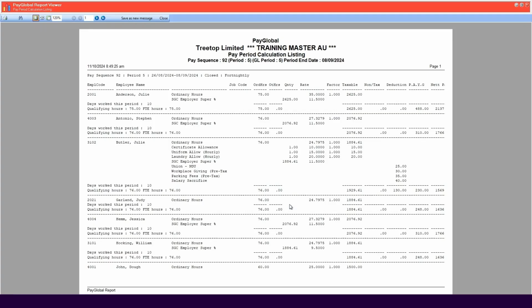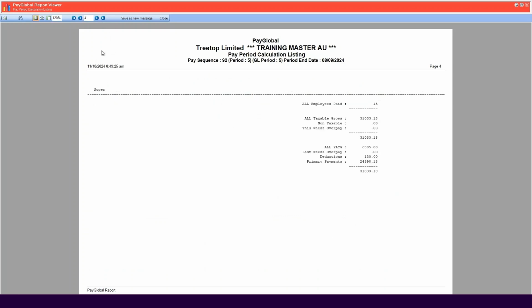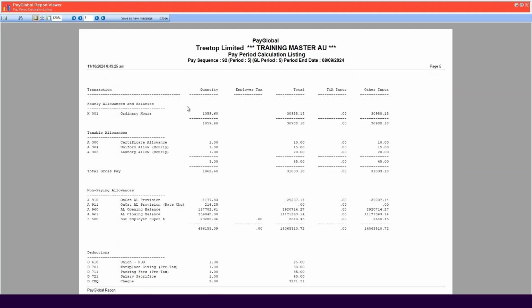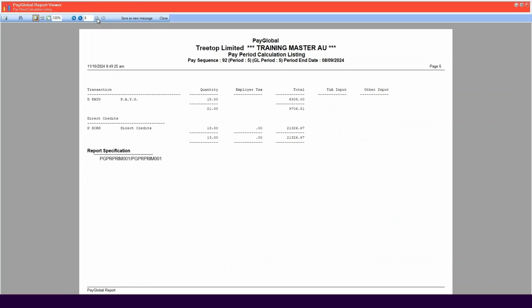The first section of the report is the employee transaction data or payment information. Here, you can see the employee name, transactions that have been processed, and PAYG. Next is the summary. The summary will show how many employees have been paid, the gross, PAYG, and any other totals. Now we will look at the payroll summary. The payroll summary will list all of the transactions paid and their totals. And finally, the direct credits will show you what has been paid via direct credit and can be balanced to other reports.